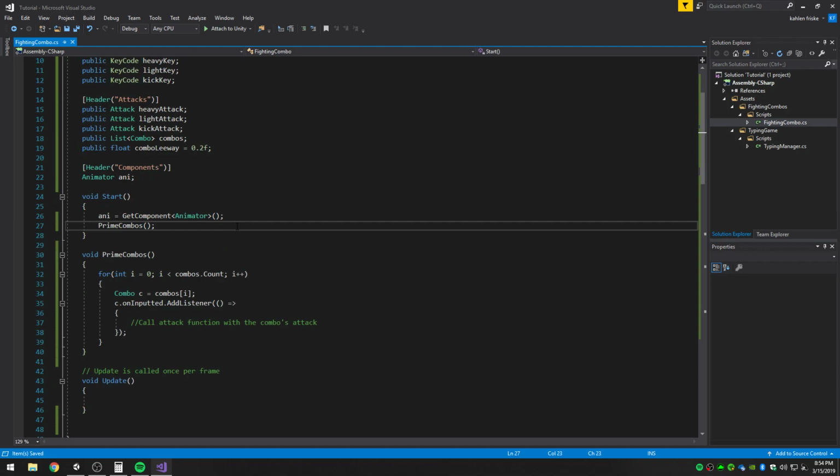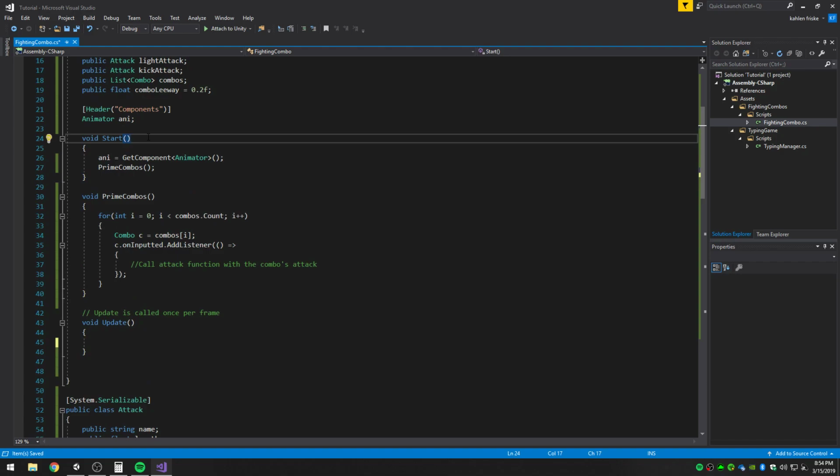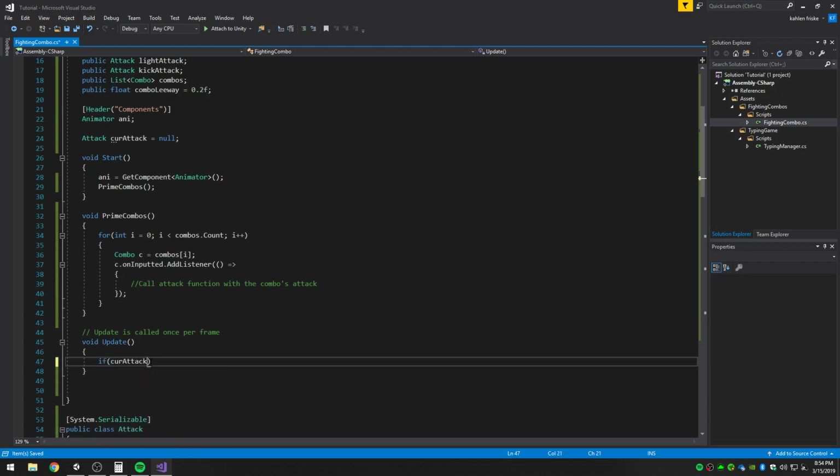Next we have, let me think how I'm gonna do this. I guess we should just get started and see where it starts to not work. Oh, I know. We need an attack that we are currently doing. So if we are attacking, we don't want to do anything else. We want to keep track of an attack to do, and if we're not doing anything, we'll then read for another attack. So, current attack,